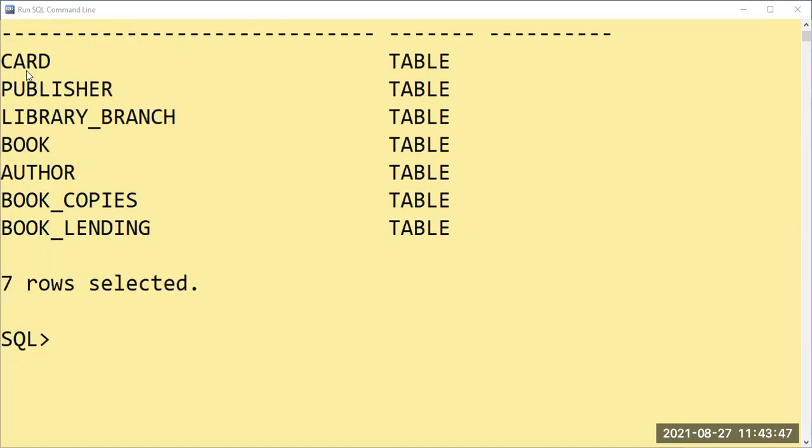So I have these tables with me. The first table I have created as card, the second table as publisher. You might be wondering why in the question they have given book, author, and I did not create them that way. We have to have a logic for which key is going to be the primary key and which key is going to be the foreign key here. Your time should be saved. You can create it anyhow, but your time should be saved for alteration here.